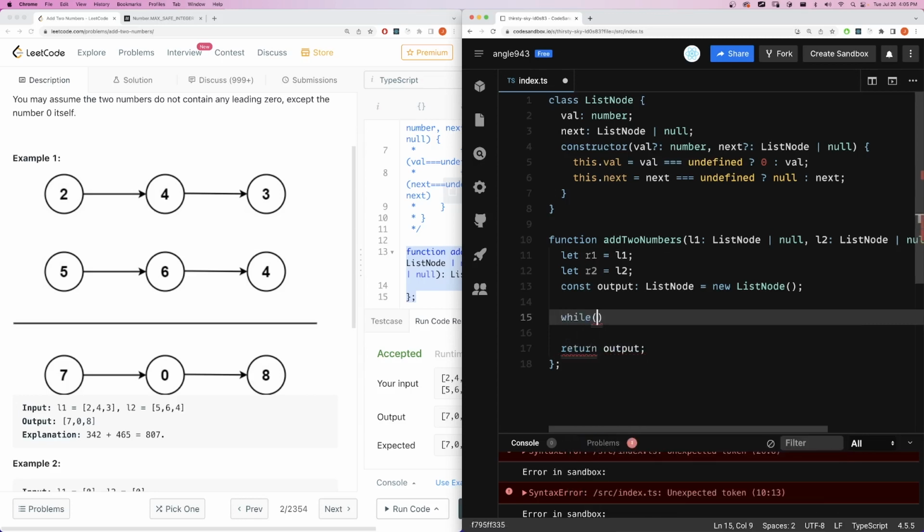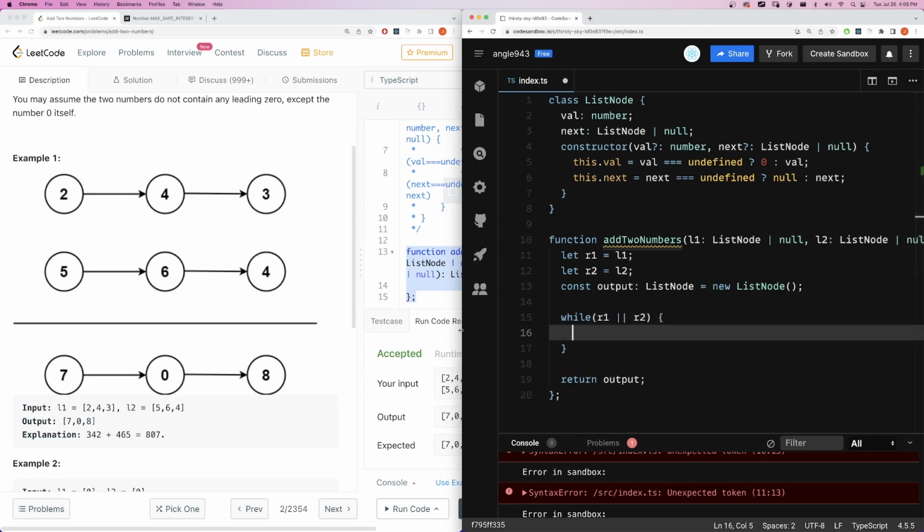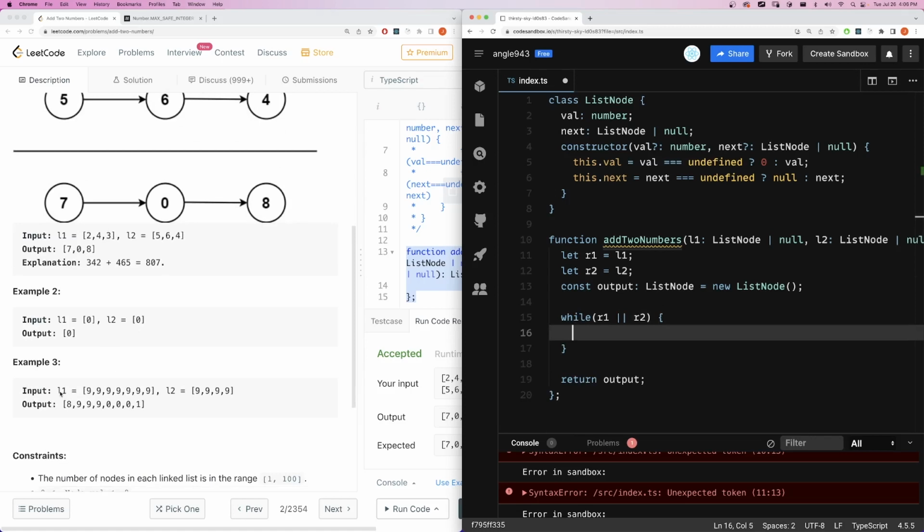How long should we let this while loop run, while runner 1 and runner 2 run? We want this to continue as long as R1 exists or R2 exists. The reason I'm using or is because the two lists can be of different lengths. For example, here L1 is greater than L2, so there will come a point when R1 is running at a number where R2 is pointing to null. So we still want to keep on running, keep adding the two numbers, treat these empty digits as just 0, keep on adding them together, and